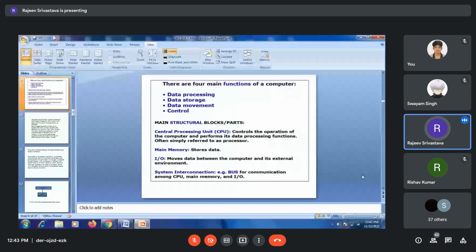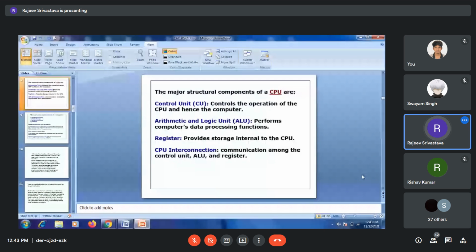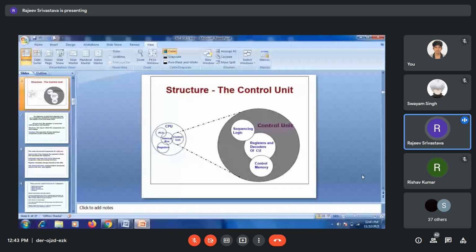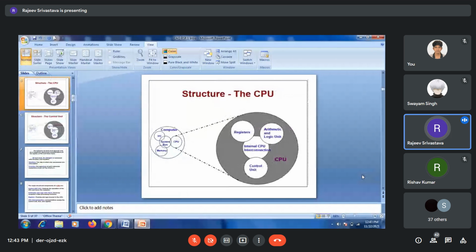Moves data between the computer and its external environment. External environment means anything other than the CPU. Outside the CPU is the external environment. Inside the CPU is the,